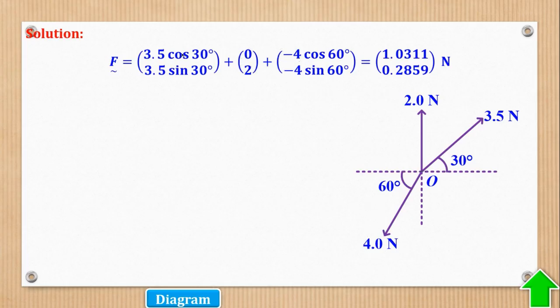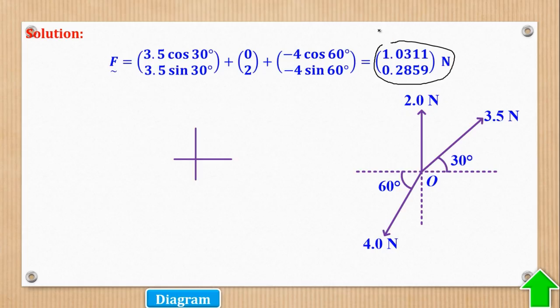Now, when I add all these ones, the upper components, I'll come up with 1.0311. And add all the lower components, come up with 0.2859. Okay, now I've got the component. Now I've got the vector of the resultant force, but I need to get the magnitude and direction. So I'll come and